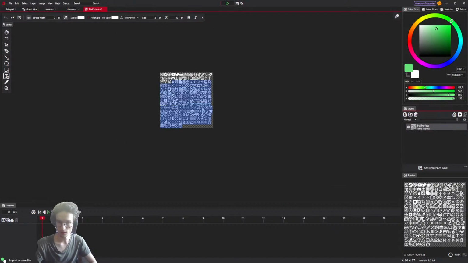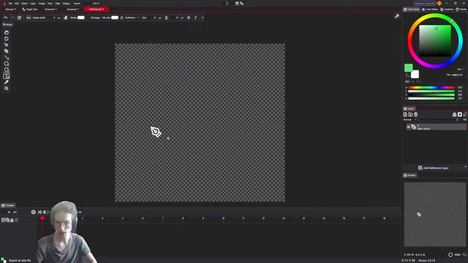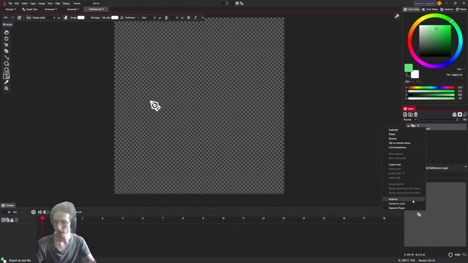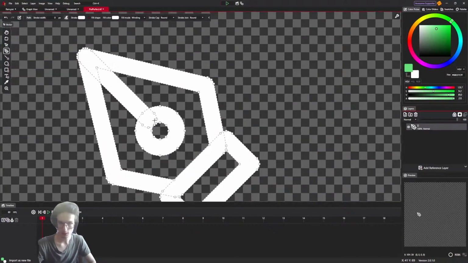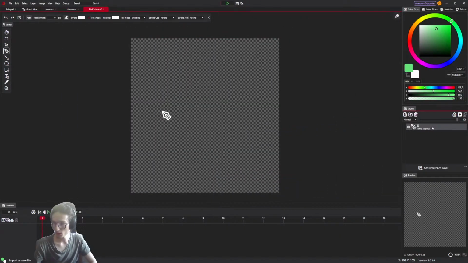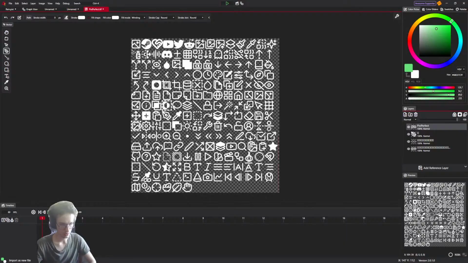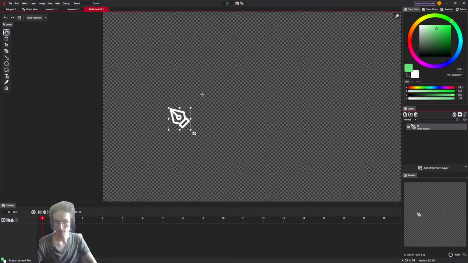I can select all and it's just one layer, but I just want this character. Control Shift X. Now I can delete everything else, so I have this one single character. Now I can convert it to curve if I want to edit it, like so, and that's basically how to extract a single character from the font pack. But I think I will use a text. Okay.